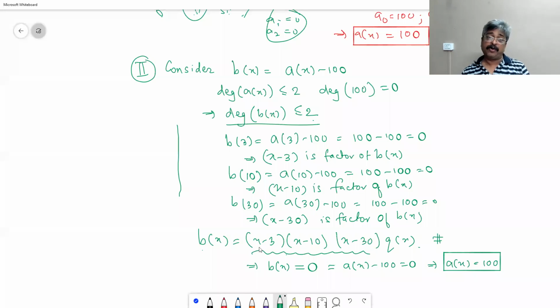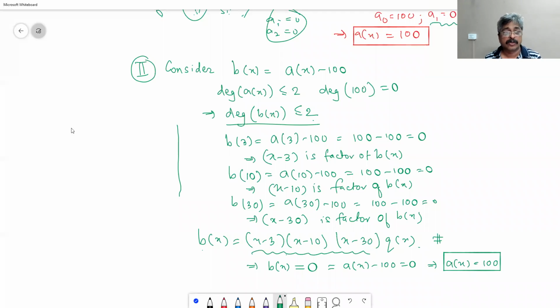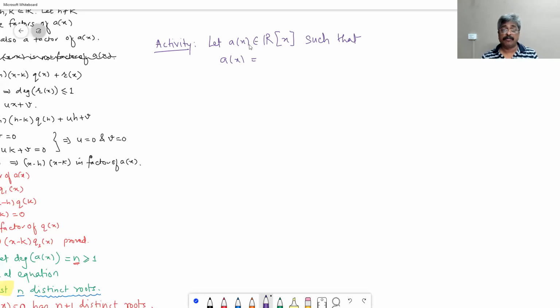Okay, this you can write for 50 factors also. However, solving and finding 50 coefficients is going to be difficult. Therefore, whatever theorems that we are developing and we have developed, you have to look for an opportunity to use them wisely so that your labor work is reduced, your solution is very elegant, and there is less chance of mistakes. Let a of x belong to R of x such that a of x is equal to x raised